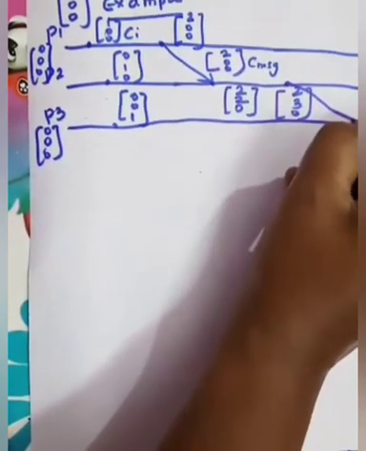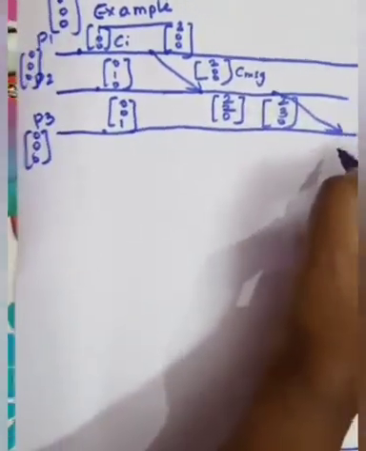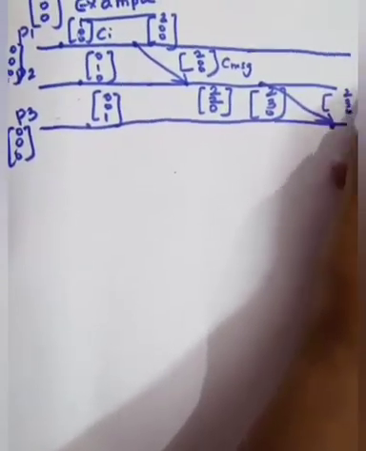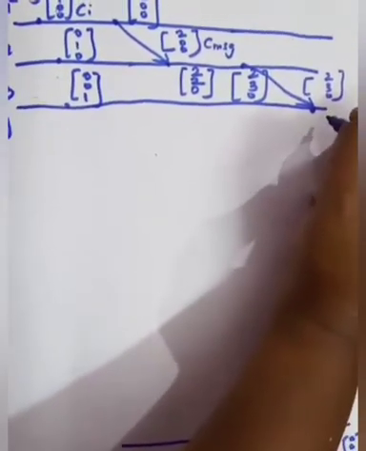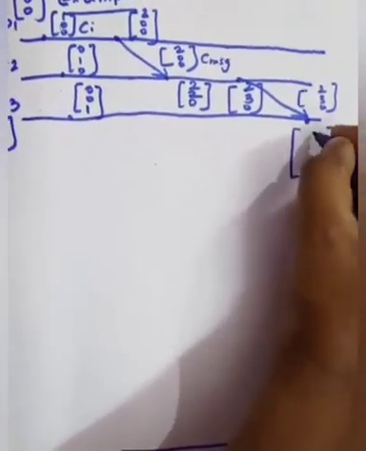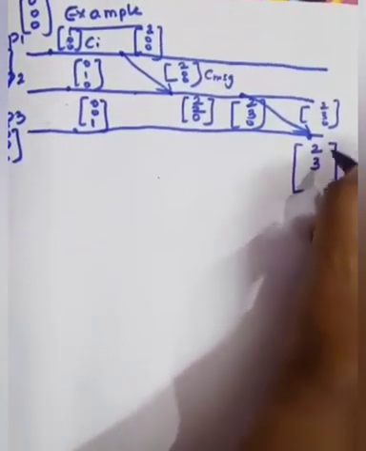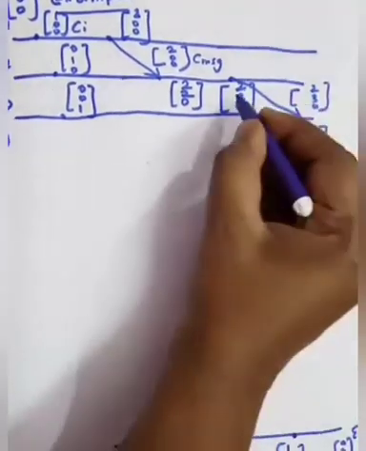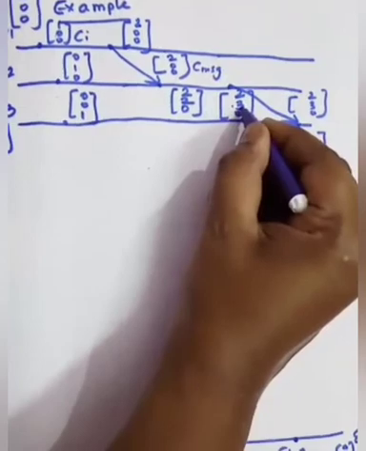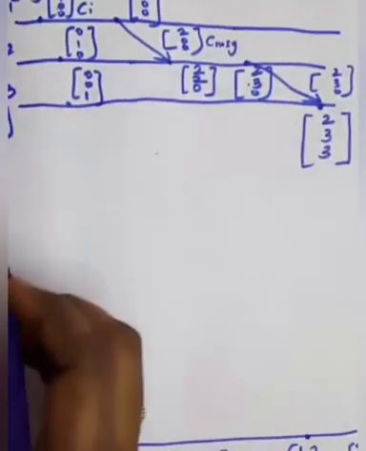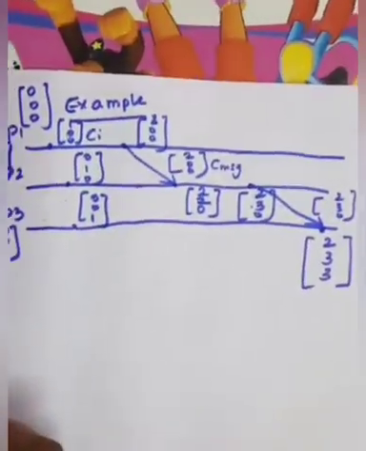Now at 2, 3, 0 P2 sends a message to P3. How do we determine the timestamp value here? 2, 3, 0 will be sent as a message to process P3, and the timestamp will be sent along with the message. Now we have to determine the timestamp value here. For the first and second columns it will be 2 and 3. But for the last column, that is P3, we have to compare 2 and 3. Which is maximum? 3 is maximum. So we write the timestamp value as 2, 3, 3. This is how we do the calculation using vector clocks.